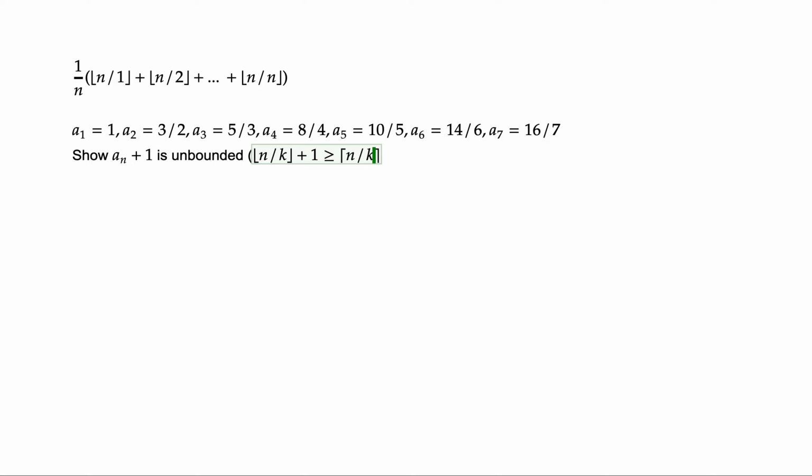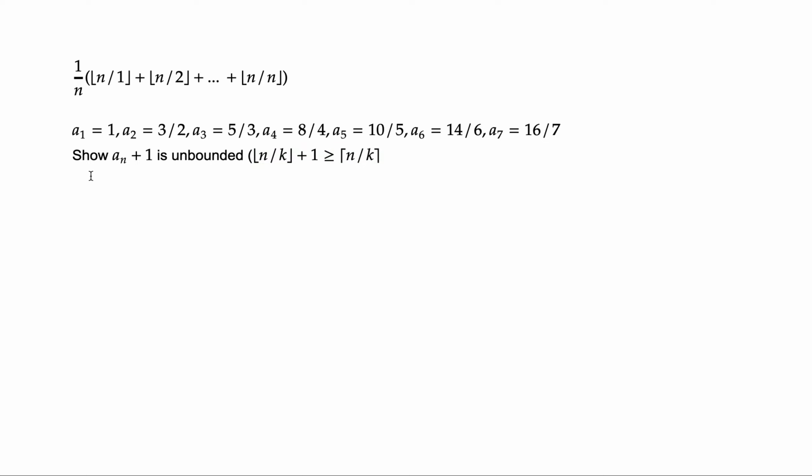You can just verify this inequality holds. You just have to check it on integers since they're equal on non-integers, and that holds on integers anyway. So, anyways, we end up with a number that's a sub n plus 1 is now greater than or equal to